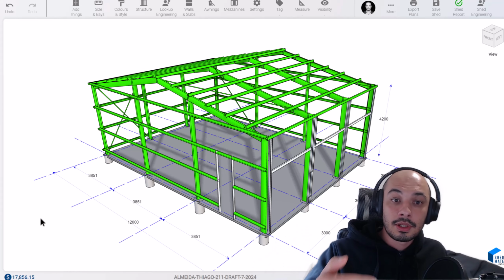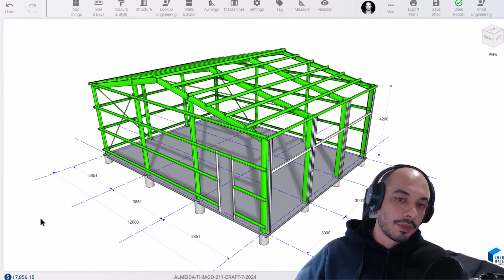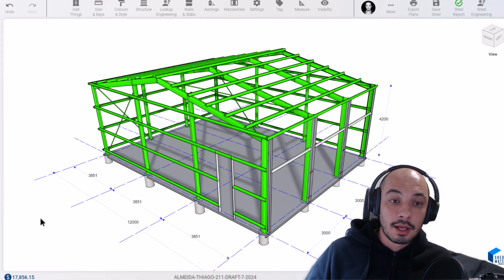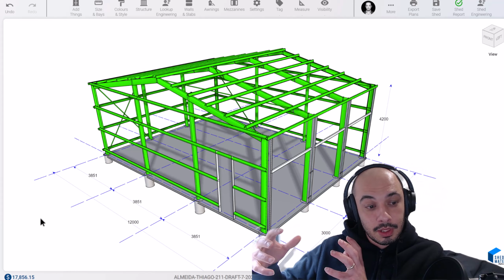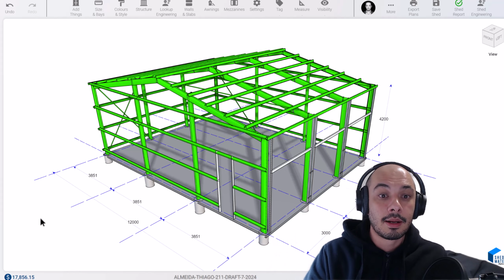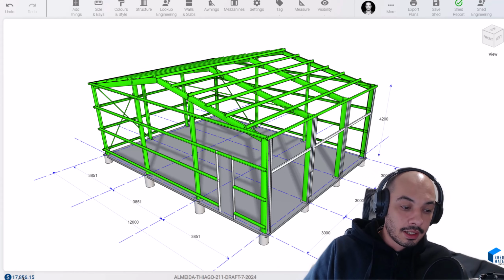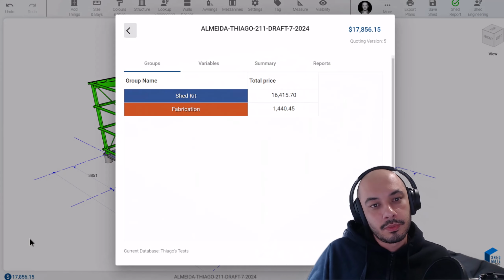And this is the communication that I can have with my customer as we're discussing the size of the shed or the length of the shed or whatever else is being done. ShedMate is doing all the heavy lifting in the background to give me the most updated price for that shed. And if I click in here and say, hey, the customer wants to go ahead,